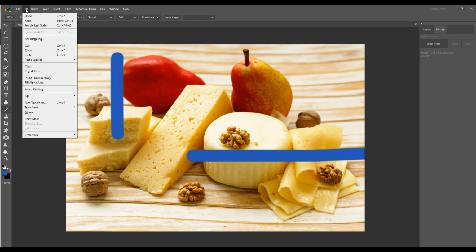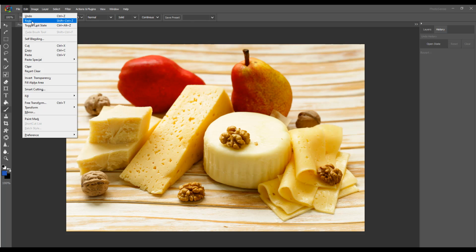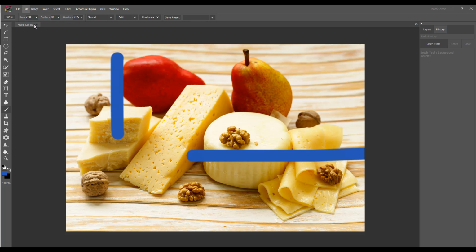On edit menu, first option is there undo. By clicking on it, we get the original image back and the step gets reverted. If we want to do redo, again we want that design, then from edit menu, the second option is there redo. The same design will get again on your screen.